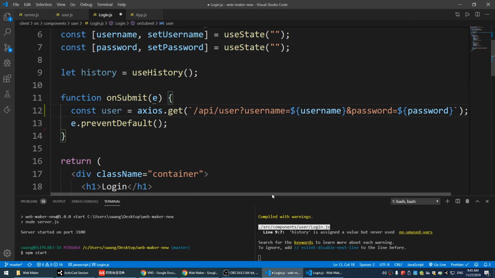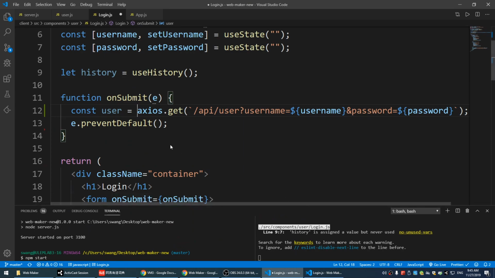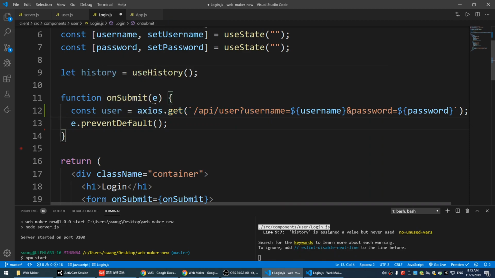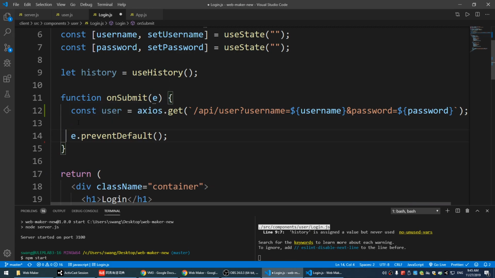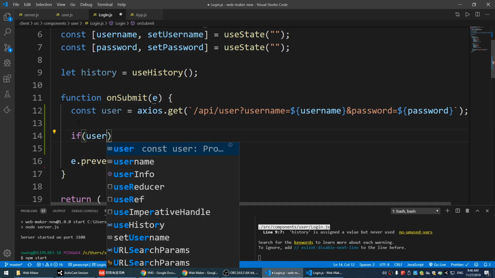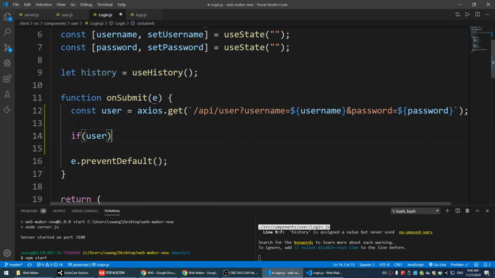Constant user equal to that. The server, we're going to send a request to the server. Someone should return us a user. And once we receive the user, we can check if user is not null. Right, we receive the user. That means the user exists. You can log in with that. So we're gonna do the